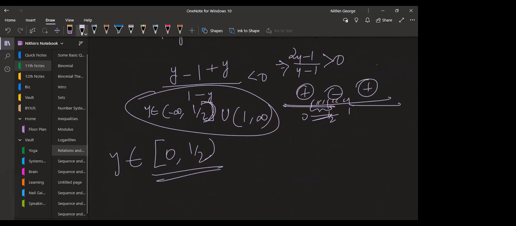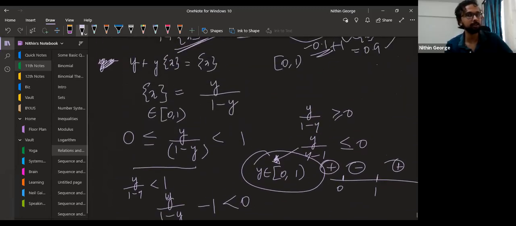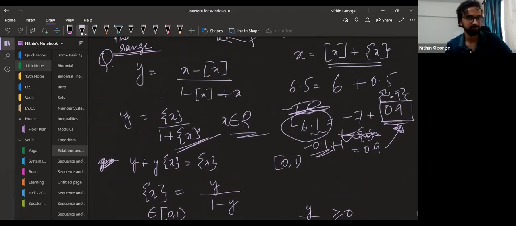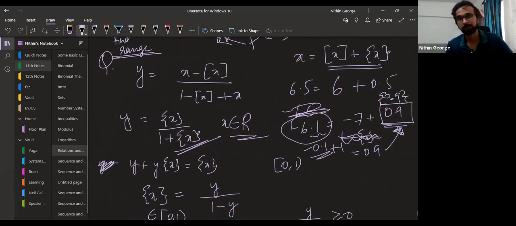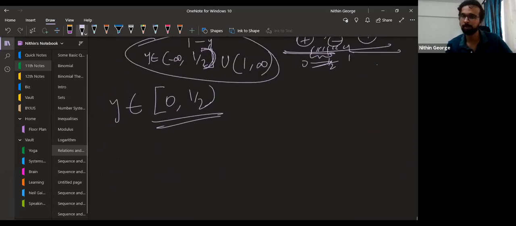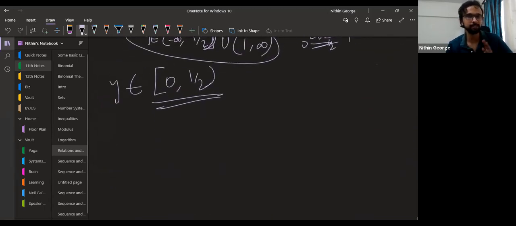Yes, sir. Okay. So you didn't need to know what inverse was to solve this. But since you got the idea of inverse, you know what you're doing here. That's the only difference. I hope you got the idea today. Please practice these problems again. Practice more problems. Practice your NCERT book. Finish it off first. That's your base. From there, you build everything up.